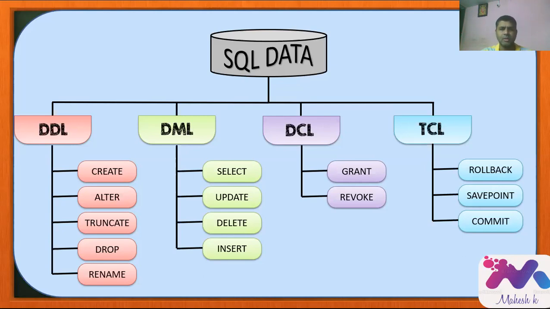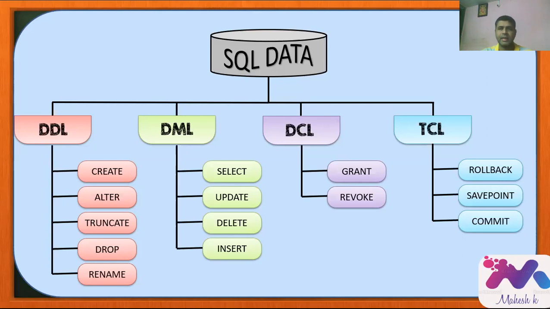This one you can also remember very easily. I hope everyone knows Audi. Instead of AUDI, just remove A and use S, SUDI. Select, under DML, means we retrieve the data from the table. Update means we modify records in the table. Delete means the particular data will be deleted from the table. And insert means you can insert a record into the table, an existing table or a new table also.